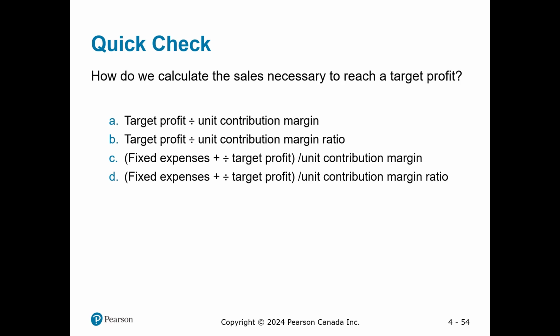How do we calculate the sales necessary to reach a target profit? A, target profit divided by unit contribution margin. B, target profit divided by unit contribution margin ratio. C, fixed expenses plus